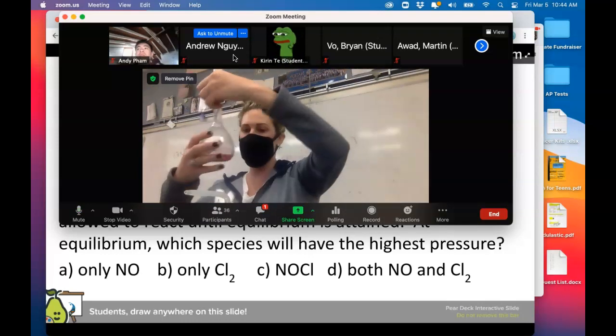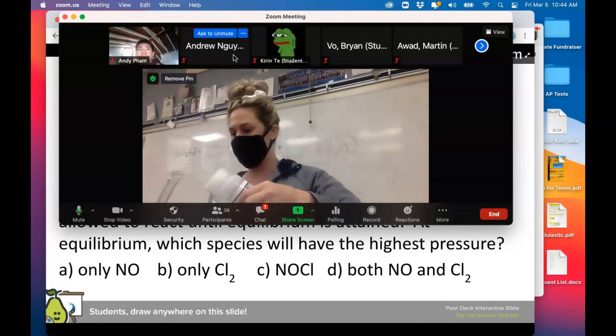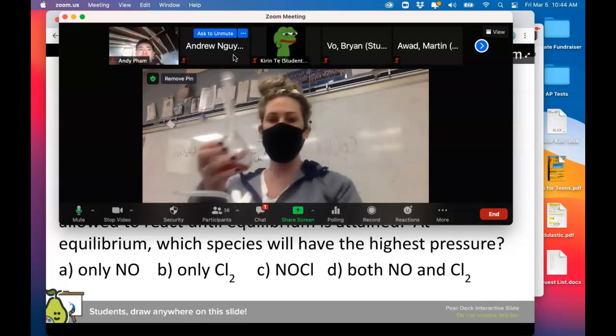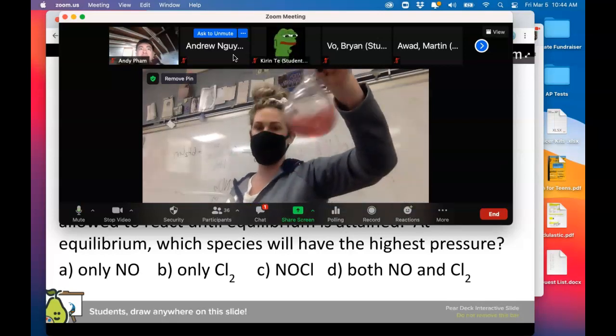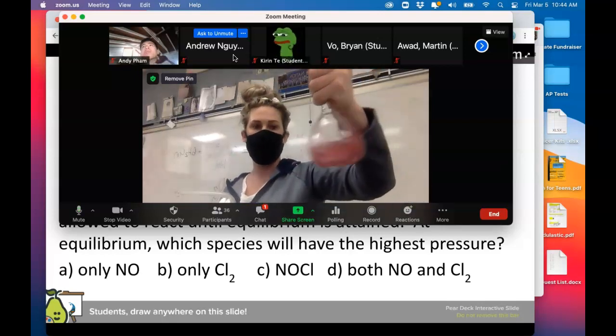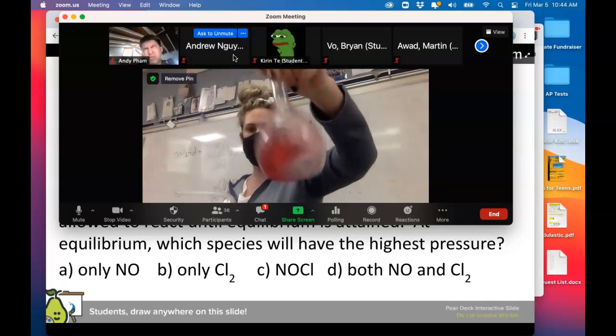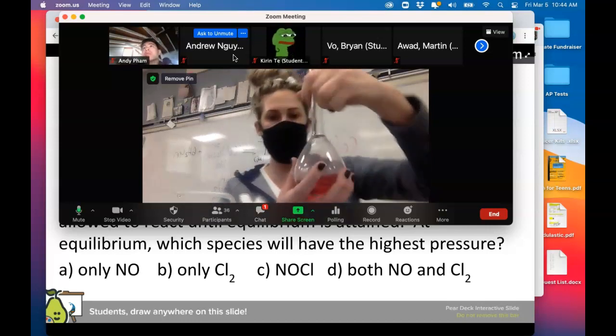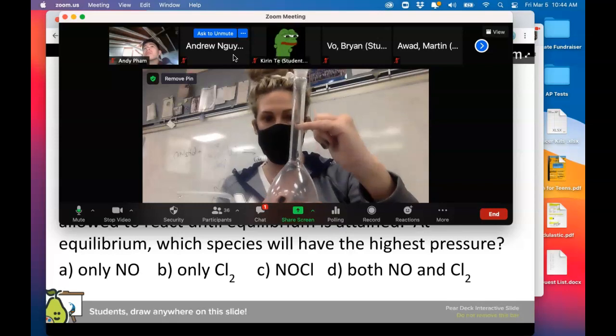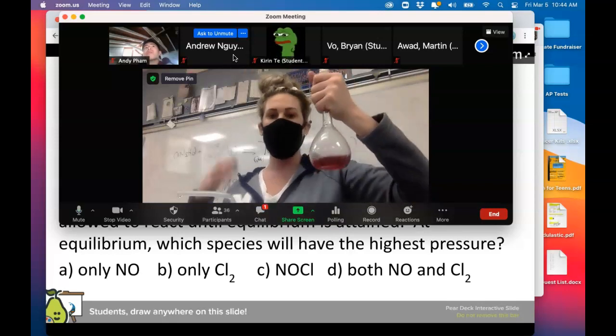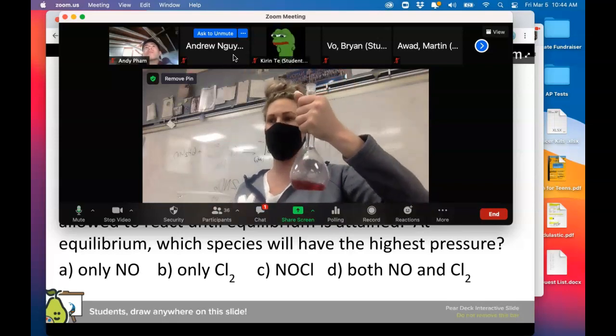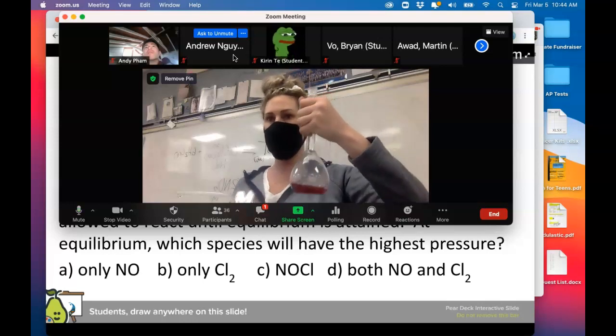I didn't get it all to dissolve, so I'm going to add some more water. You can still add more water, you just don't want to fill up to the mark right away. You want to get it all to dissolve, and then you would fill up to this mark and you would have 250 milliliters of 0.1 molar cobalt